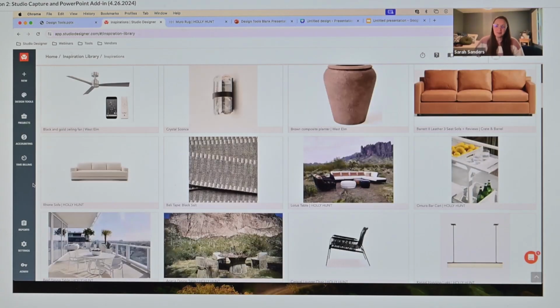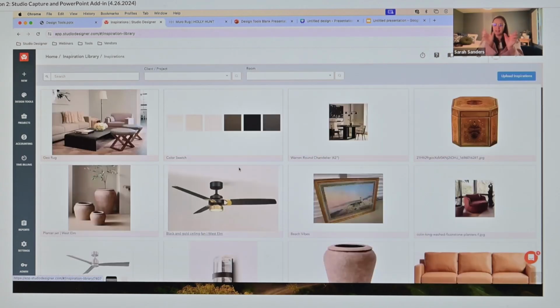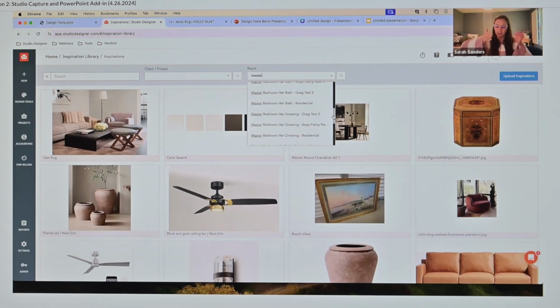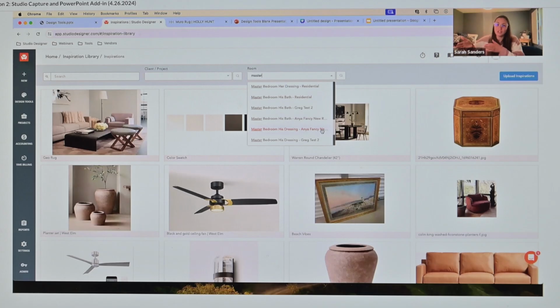And Anthony, I don't know that we actually talked about this, but one of the great things about that room and room list concatenation is you can actually type in that box. So if you're looking for master bedroom, so if you say living room, master bedroom, you can see every instance within your specific workflow of how your firm is using the room and room list relationship. You can see all of the instances to make sure that you're putting it in the correct master bedroom, right? Or master bathroom, or as Anthony mentioned, right? There's probably multiple